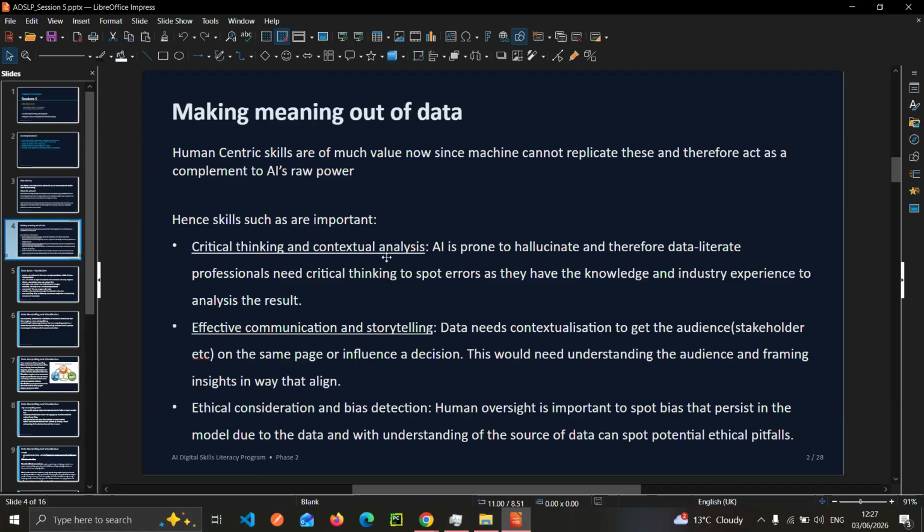It reads here that AI is prone to hallucinate, and therefore, data literate professionals need critical thinking to spot errors, as they have the knowledge and industry experience to analyze the result. Even I at first had a misconception about the use of AI.